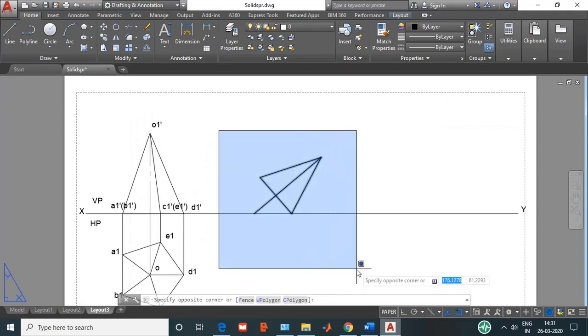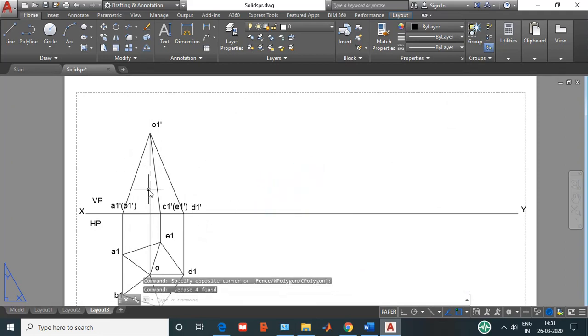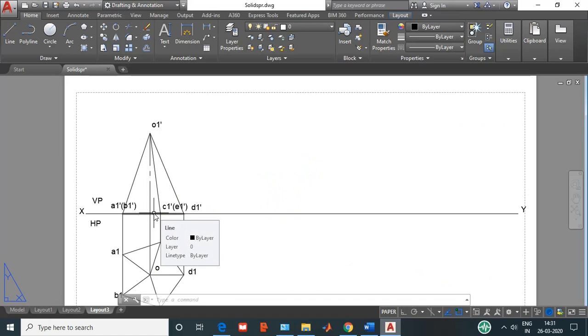Here the axis should be inclined at 40 degrees. If the axis is at 40 degrees, then the base will be at 90 minus 40, that is 50 degrees. So I'll incline the base at 50 degrees so that automatically the axis comes at 40 degrees. This concept I am going to use for the second projection.